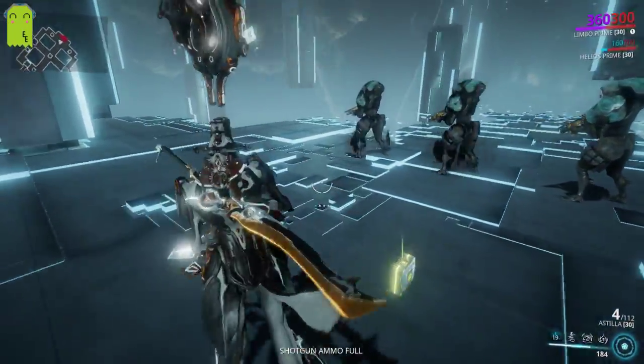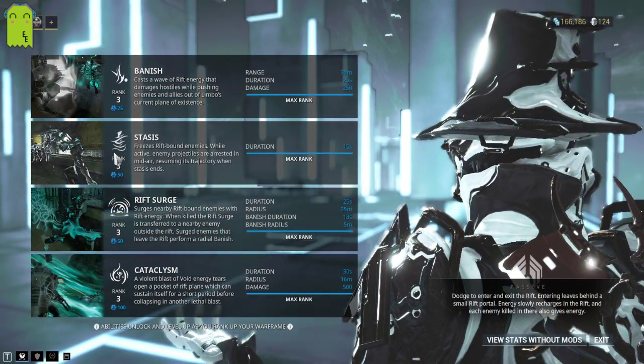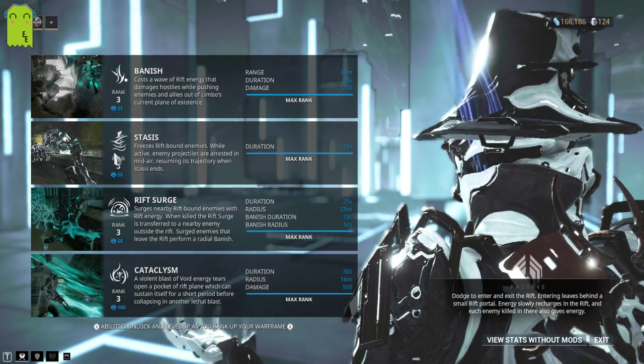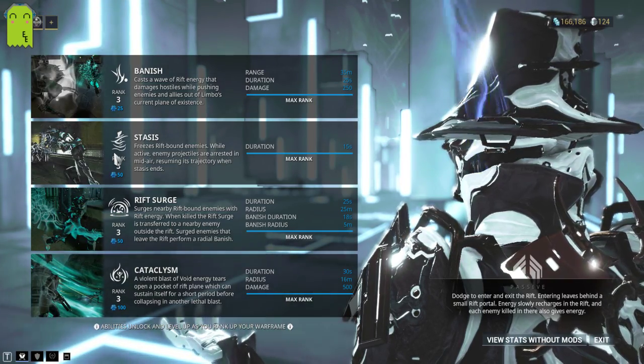Now, his second ability is a little bit more interesting. Second ability is as follows: Stasis. Stasis used to be this huge troll issue because it used to freeze projectiles. Now it only freezes enemy projectiles, which kind of makes me a little sad because it used to be a